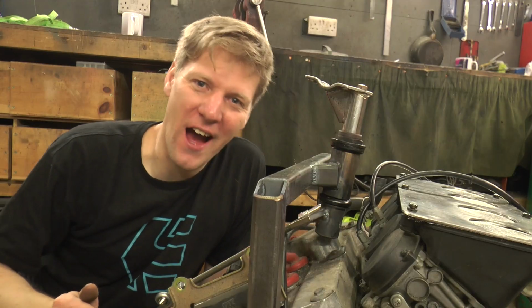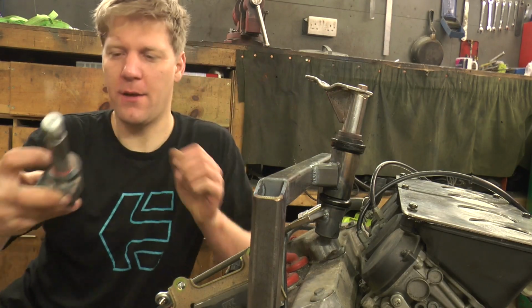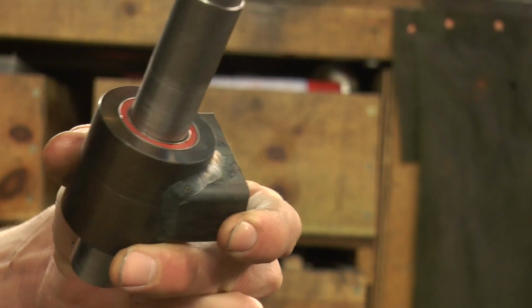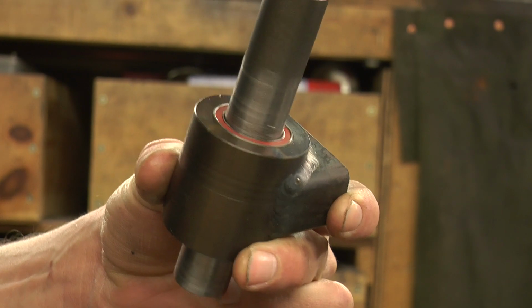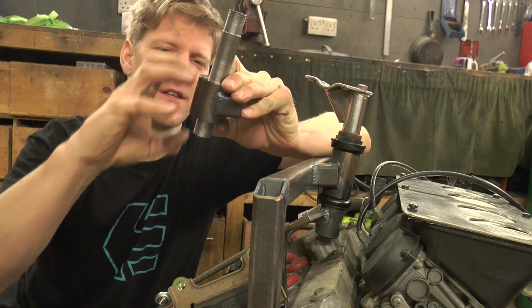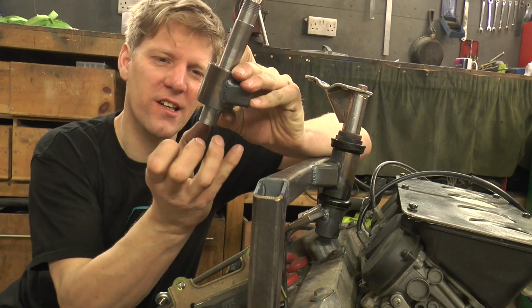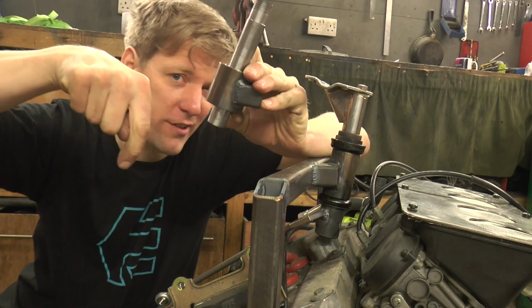Got my steering done at last. My first idea wasn't particularly fantastic. It was a nice solid bearing, you know, that fixed on there as that one does. But I was looking at it, I was thinking, I can't do any adjustment to this. If anything starts to become slack, there's no way of tightening anything up. I can't fix anything to the bottom because the shaft has to be able to slide down through the bearings,